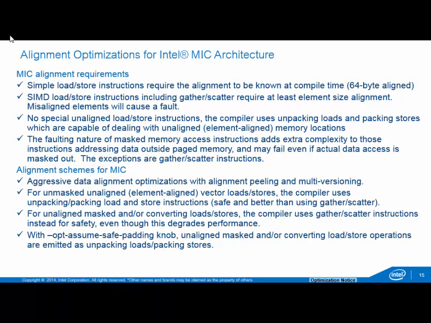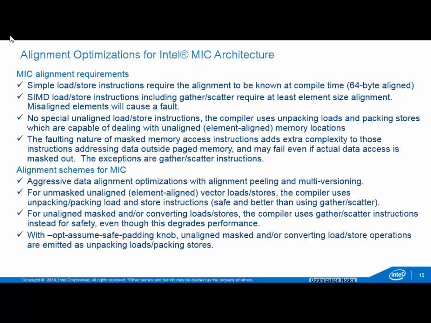Load and store instruction. If you cross your page boundary, even if the data is masked out, you still get a faulting error, unless you use a gather and a scatter. But in order to avoid using gather and scatter instructions, we allow the user to do the padding. So basically, you're padding 64 bytes added to your original memory allocation to guarantee your memory access is never going to run out of bounds,